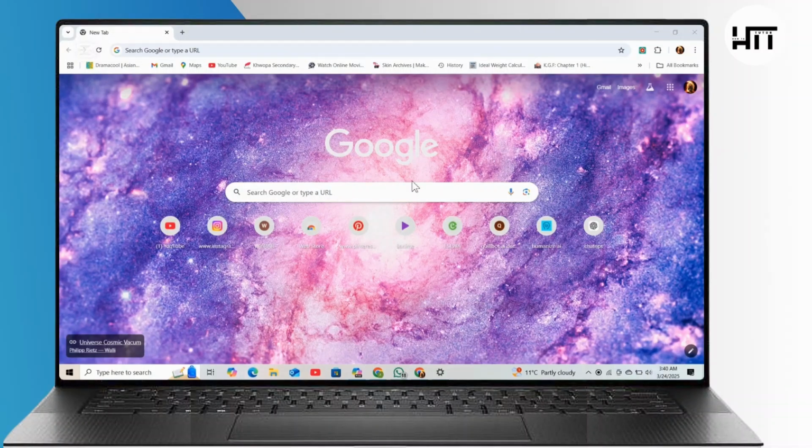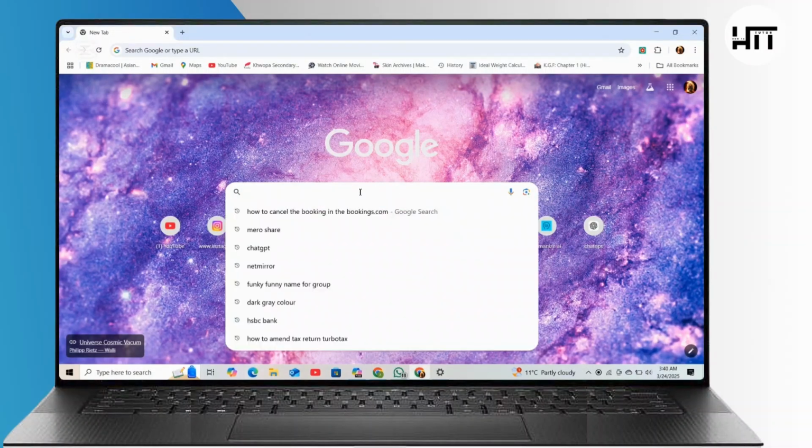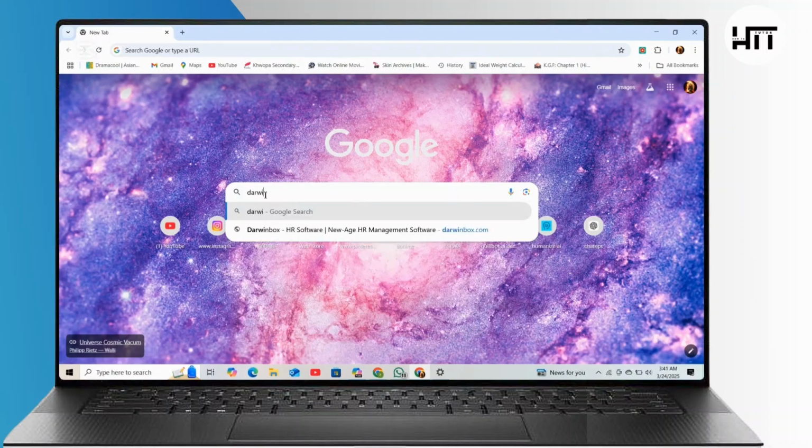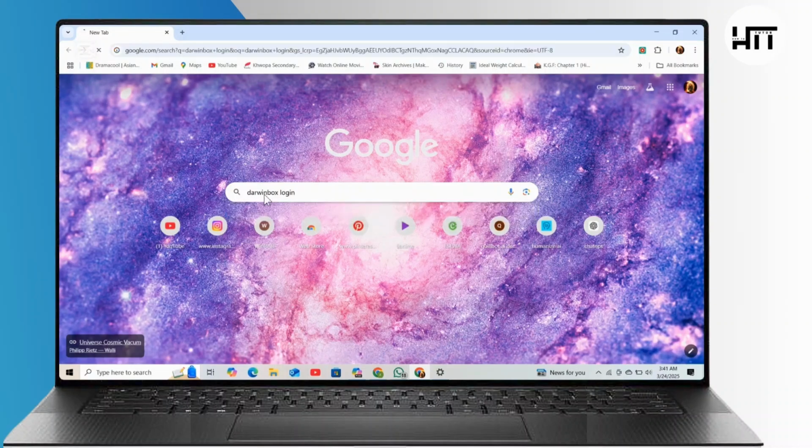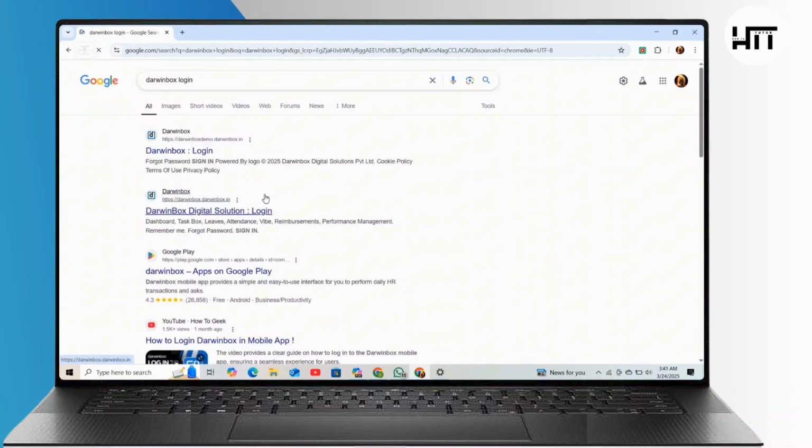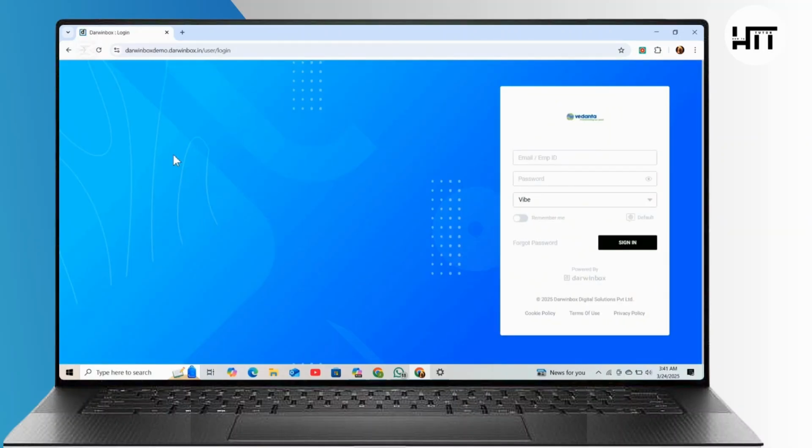Now go ahead in the search bar and type Darwin Box login and simply press enter. Now here make sure to click on the official website from the search result, and it should be the first link. And once you are on the login page, simply enter your email and employee ID in the first field